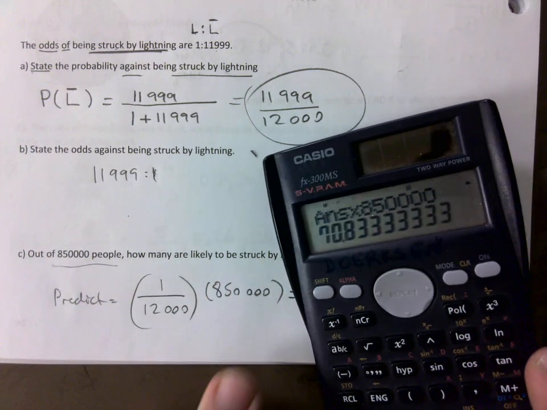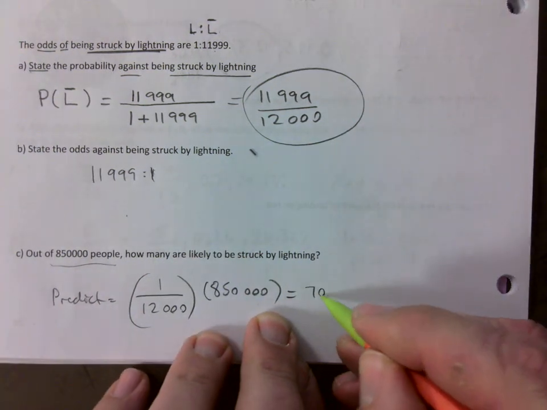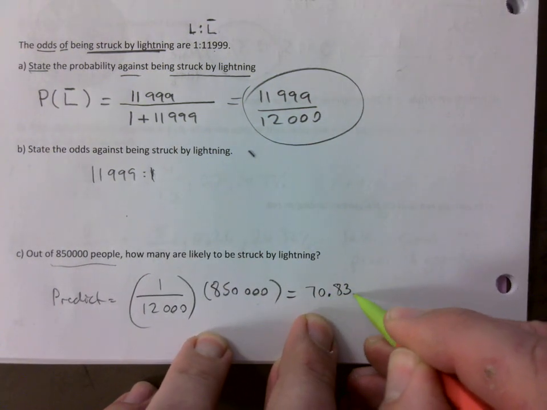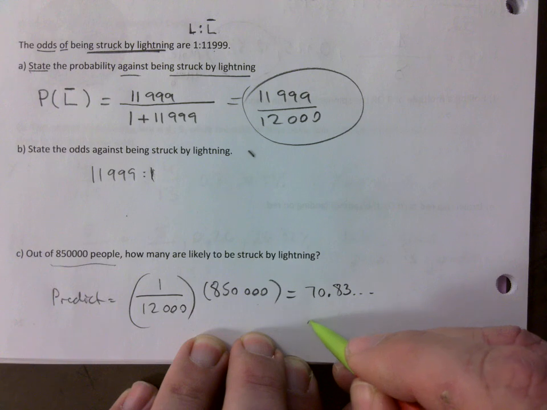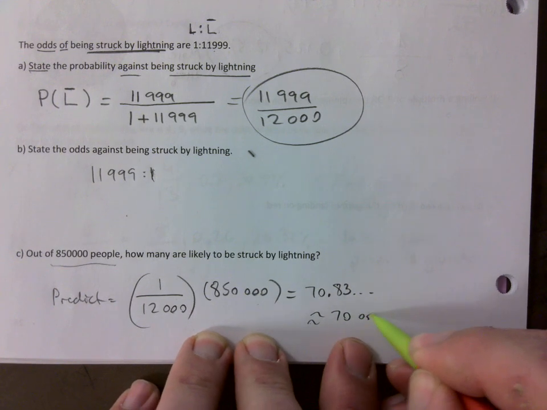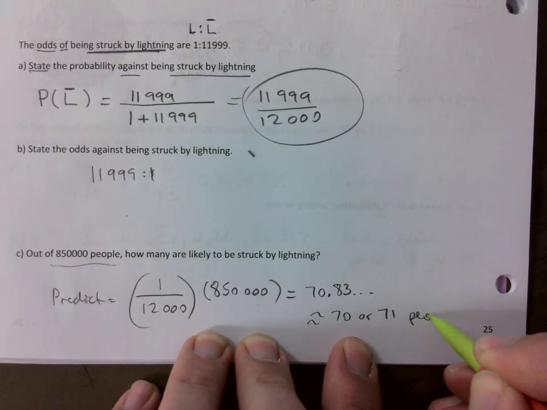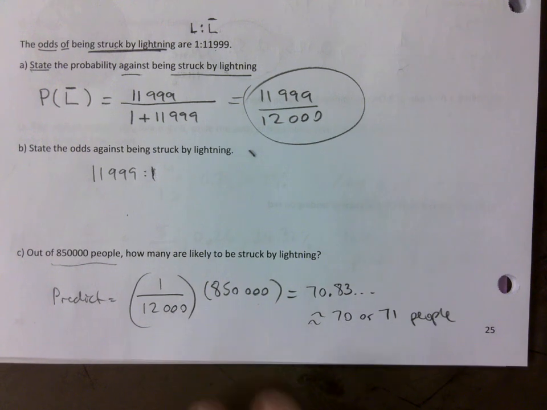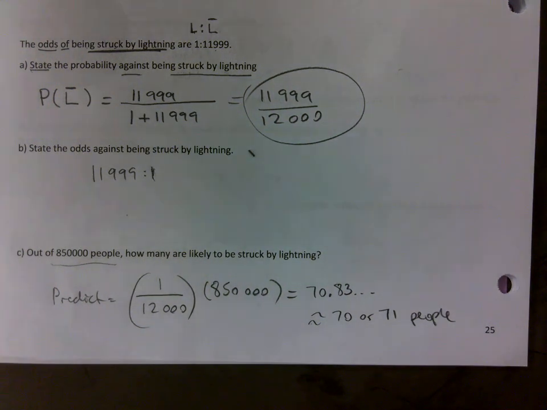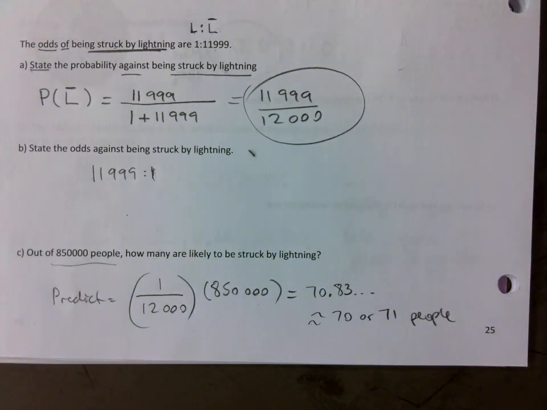So 70.83. That's a lot of people. That doesn't seem right. Anyways, approximately 70 or 71 people. Cannot be right. But the point still remains, right? The process remains. Okay. That's all for